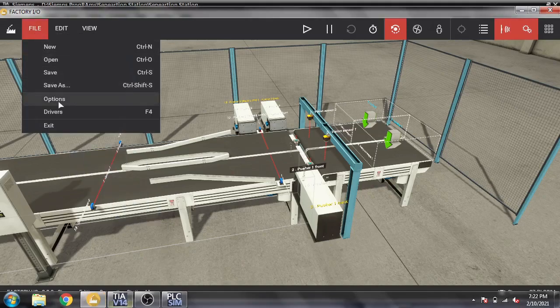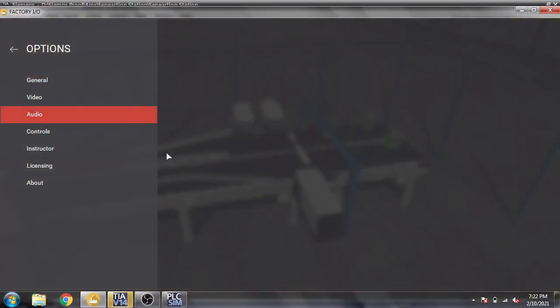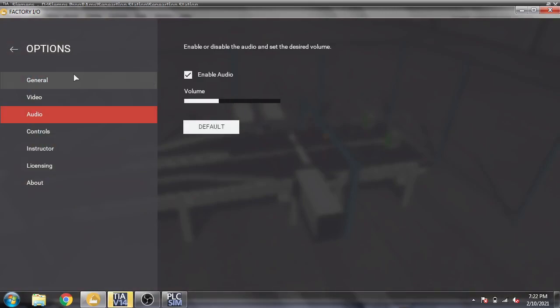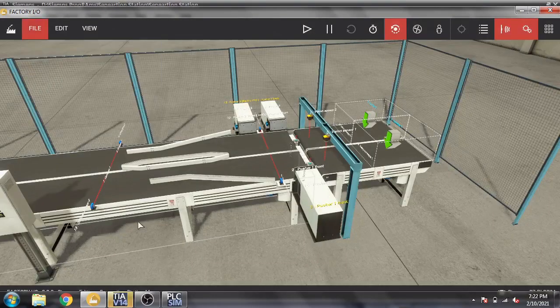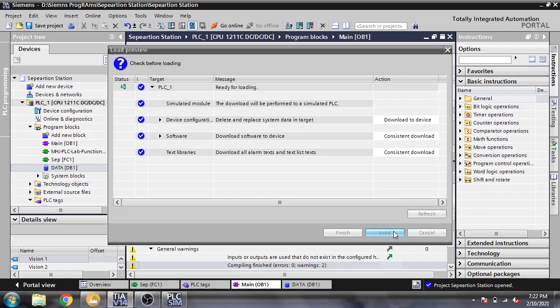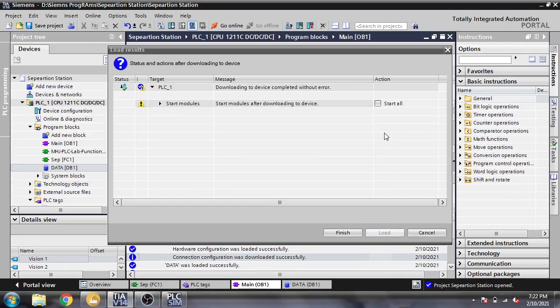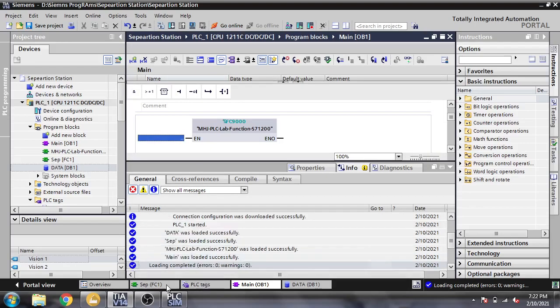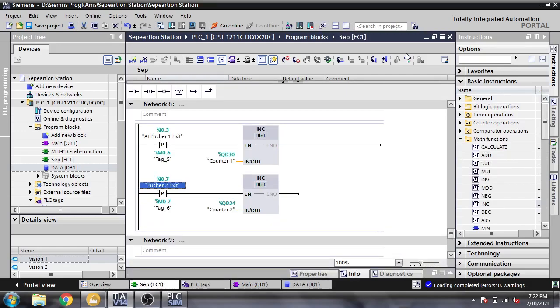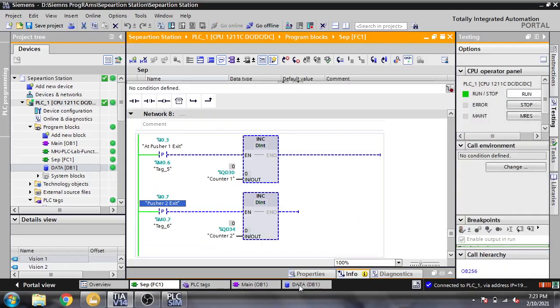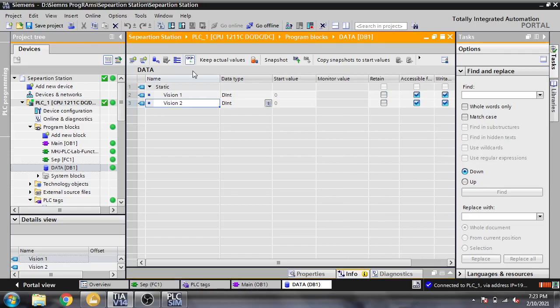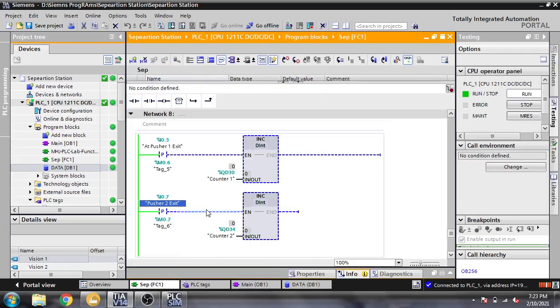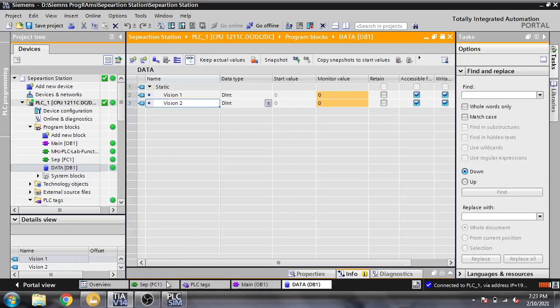I also slowed that audio volume like that. So our program is now going to load, start and finish, and from there we are directly going online, and we are also going online there to see our vision sensor values.